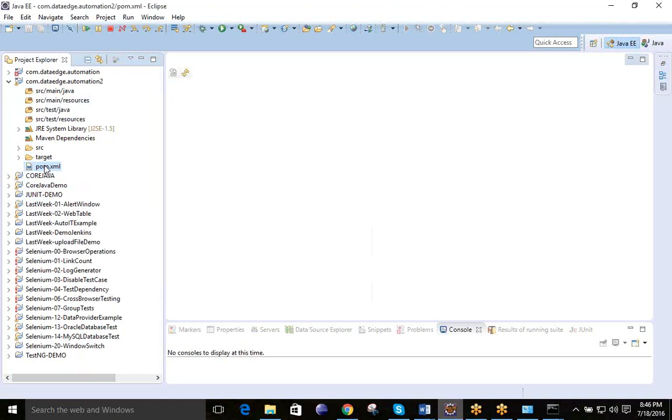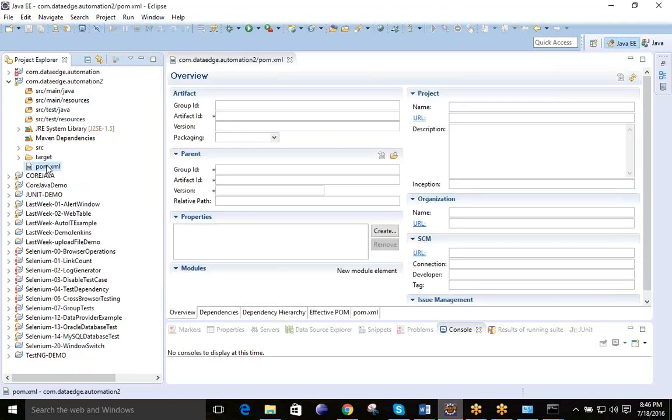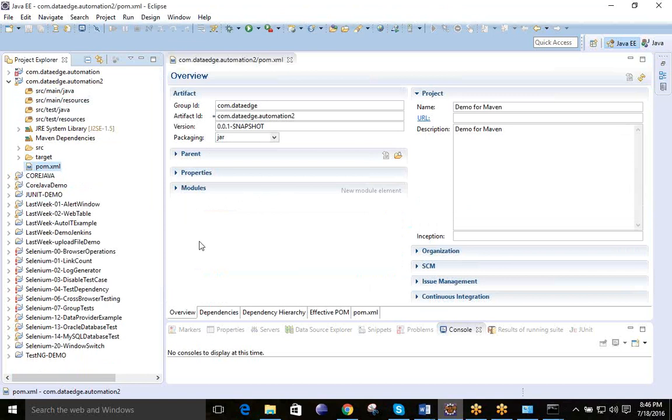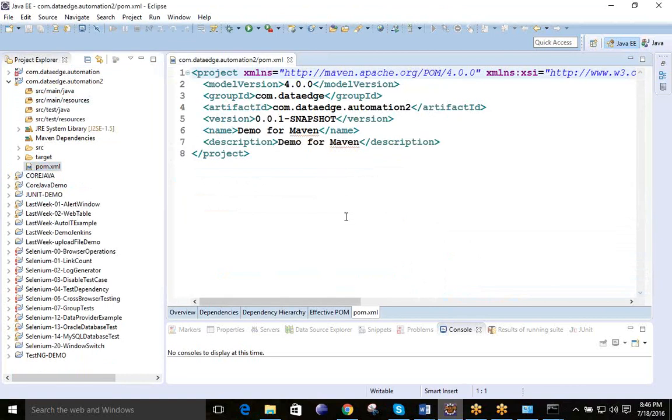Just wait for loading. Here you will get options like this one. Now from this one you need to come over here. See this panel, and double click on this pom.xml. You will get this information in your project.